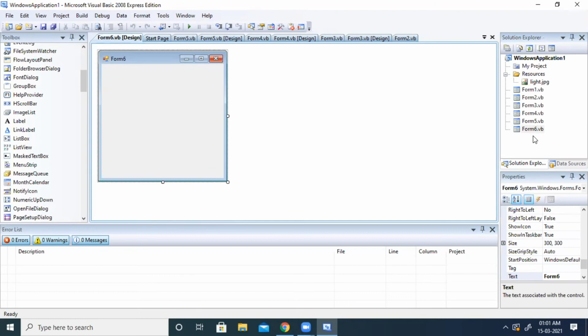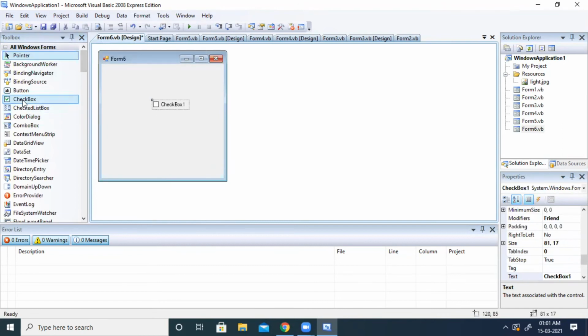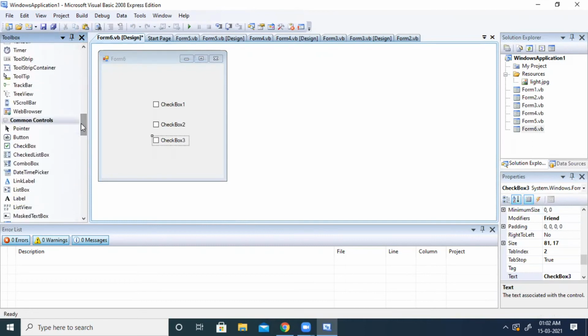When you have to select more than one value at a time, in that case you can go for the checkbox control. So here I am going to take 3 checkboxes and one label and one text box.